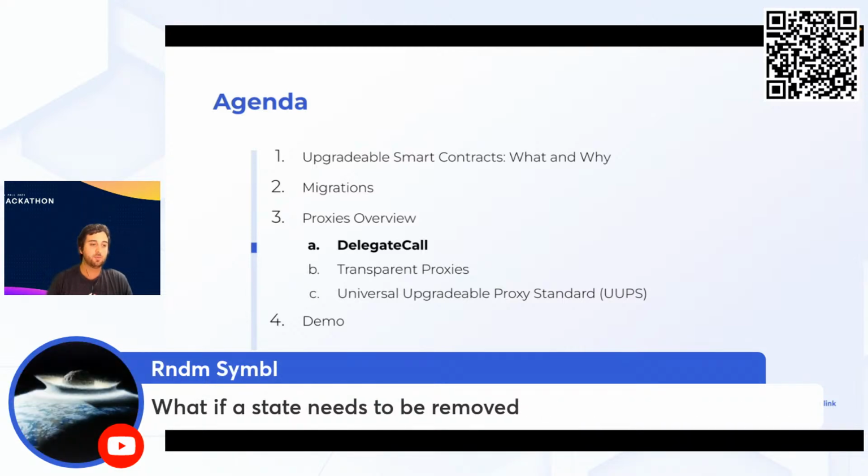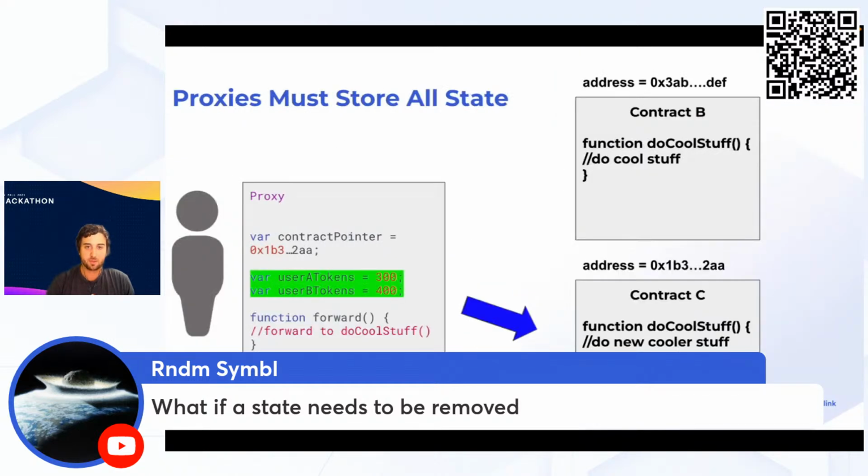What if a state needs to be removed? That's an interesting observation. When you're updating your implementation, it would be possible to add a function that removes some kind of state. Let's go back and look at our contracts examples. If you're going from contract B to contract C, the function can do new cooler stuff here, or we can create a whole new function like erase user A tokens, right? You could do that, but as you can see,